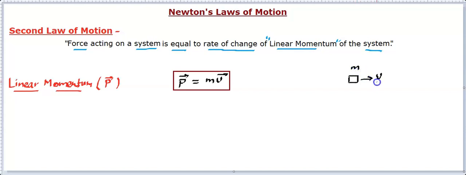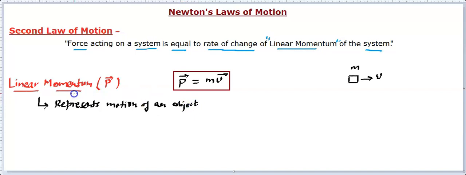So if we want to represent the motion, that means the velocity, in terms of dynamics, velocity alone will not be sufficient. What we need to do is multiply this velocity with this inertia. When we multiply the velocity with the inertia, it becomes another quantity, and that quantity is called linear momentum. So in a nutshell, we can say linear momentum is representative of the motion of an object or system, for that matter.